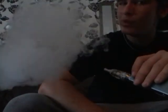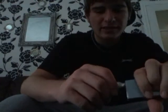It's on 12 watt, air hole full open. Let's give it a go. Absolutely kicks the vapour out. If someone told me this tank was crap, it was no good, it was rubbish, I'd want them tested for mental illness, because